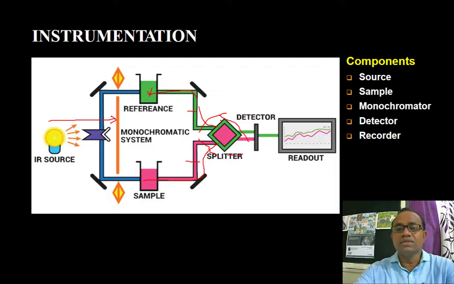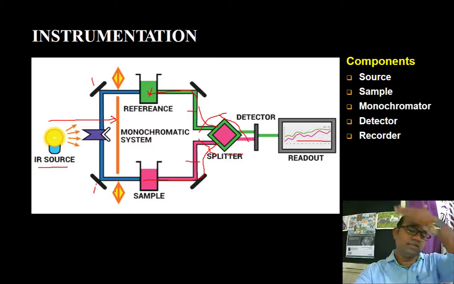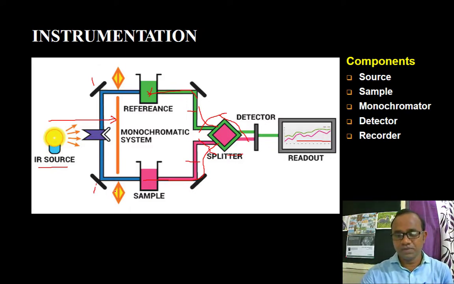Okay, when the sample light is coming from the reference section, the splitter blocks the light coming from the sample. So simultaneously only one light will reach the detector, and finally it is recorded by the recorder, right? When the IR source is incident, there are particular mirrors attached here. This mirror directs the light to the sample or to the reference, and this mirror helps in the direction of the light incident on the sample, right?